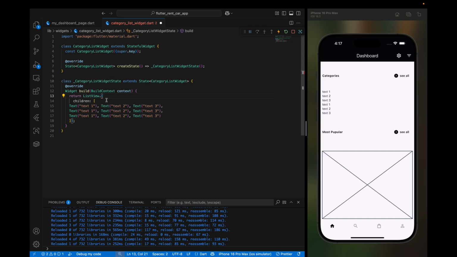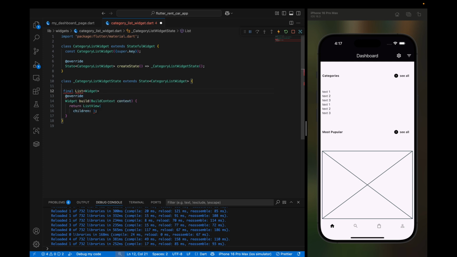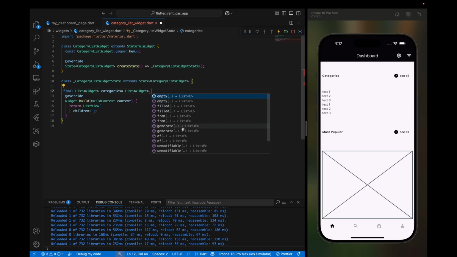Before we learn how to work with the builder named constructor, in Flutter and in Dart, you have an option to create a list of widgets and generate widgets dynamically. Let's see how we can do this. The first thing you have to define right here is a final variable of type List of Widget. We can call this categories. This will be equal to a List, and then you have to specify the type again. Now you do a dot and you have a few methods right here. So if you use this generate,